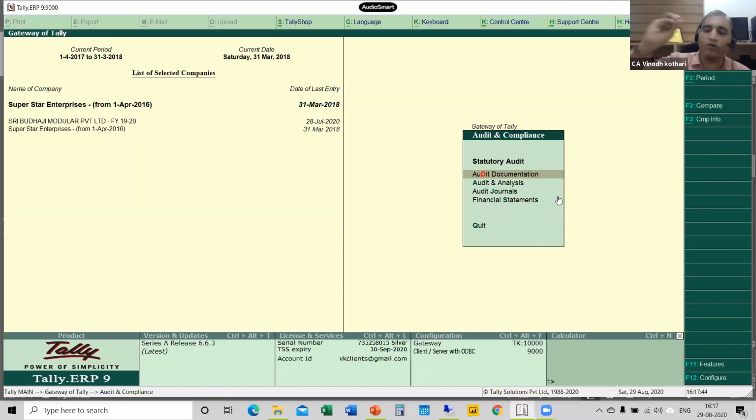Verify the opening balance, then verify the bank vouchers, then verify the sales, then verify the purchases. How much percentage of sales you have to look at, how much purchase invoice verification has to be done, then ledger review has to be done. All this programming can be recorded in Tally. You don't need to go and prepare separate data.